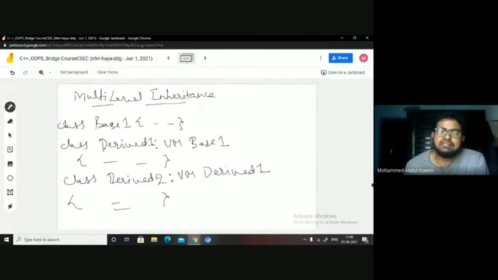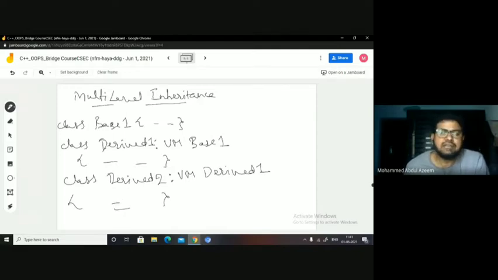And let us say I have inherited this derive 1 class here also publicly. The base has still become private here in derive 2. It means it is going to be accessible even in derive 2. But if I inherit this derive 1 class privately at derive 2, then the private members of base 1 are not accessible here because they were limited with private scope here in derive 1. And when derive 1 has been further derived at derive 2 with private inheritance, it is not accessible. So the scope rules are going to be applicable with the table that I have mentioned, even if you are going with more than one level, right?